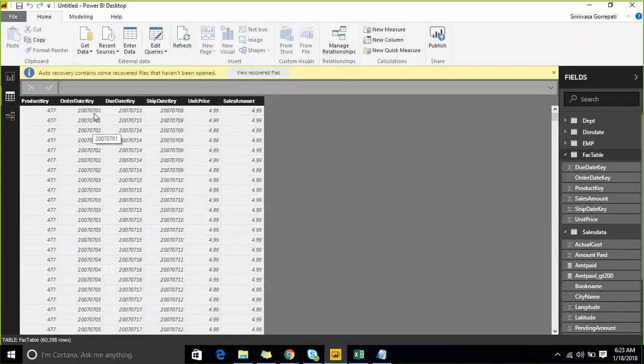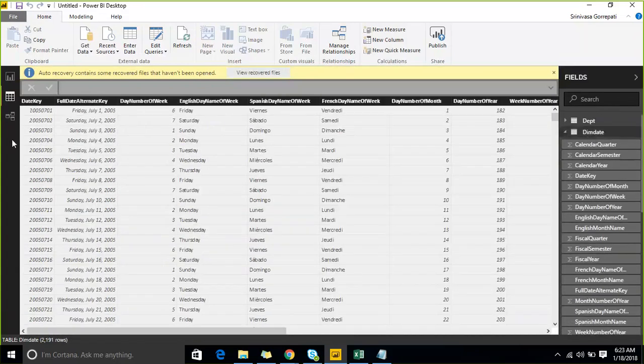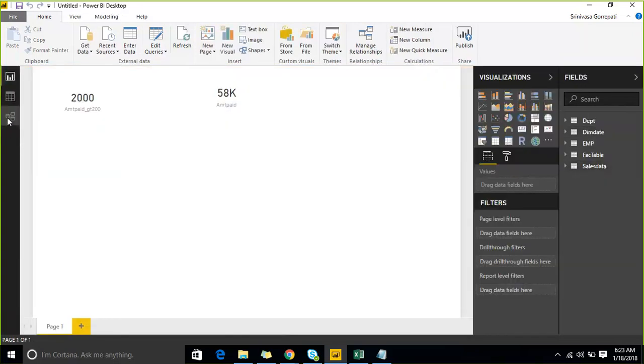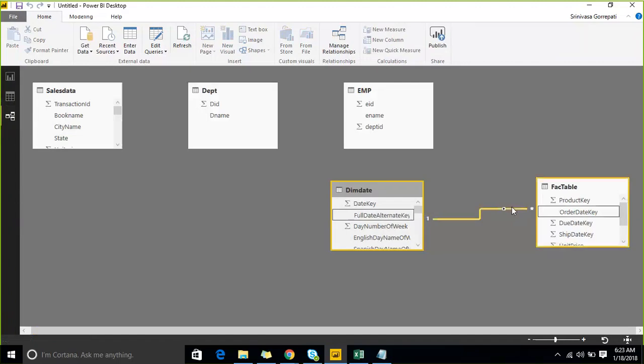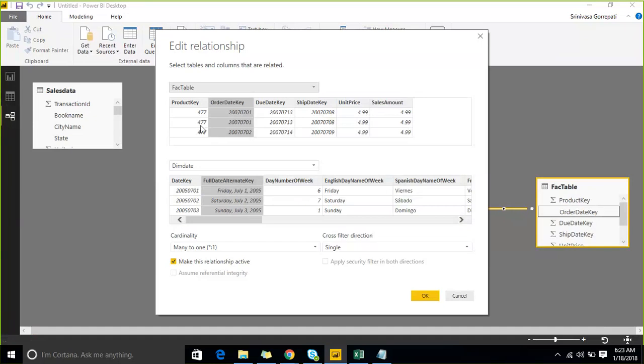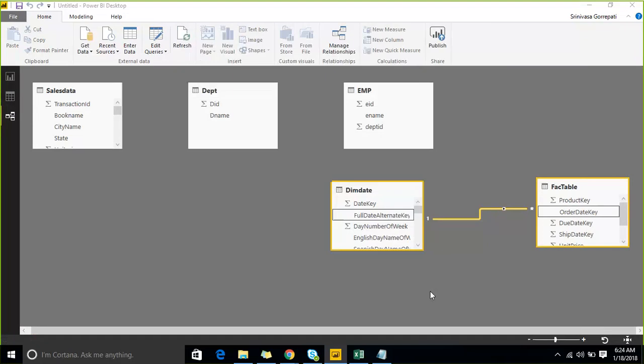So date key is that value which we need to give a relationship. Okay, so I took dim date and fact tables. Now we are going to work on all our time intelligence functions over here. As part of them, the first functions are